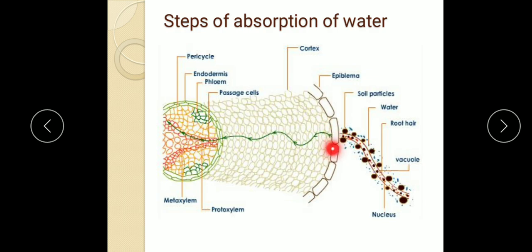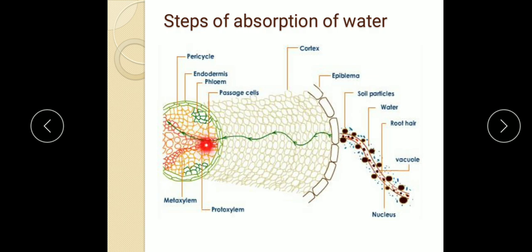And which membrane is here? Plasma membrane. So in this manner, cell to cell osmosis takes place and water moves through the cortical cells. Okay, so water molecules move through osmosis from root hair cells to the neighboring cells. You can see this process continues until water reaches the xylem tissue in the root. Here this is the xylem tissue, and water now reaches the xylem tissue. So cell to cell osmosis continues until the water reaches the xylem tissue.